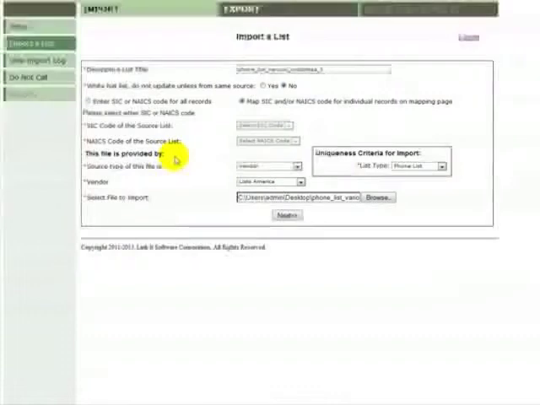In addition, if you chose the phone number as the uniqueness criteria, each record must have, at a minimum, a phone number and a company name. If you chose the email address as the unique criteria, each record must have, at a minimum, an email address and a company name. Once you have located the file with the records which you want to import, then click